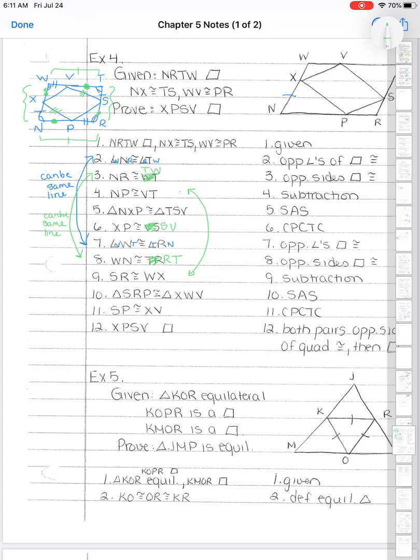X to P goes S to V. So again, a bunch of these orders are flip-flop. These are from years ago. By CPCTC, then we've already done 7 and 8 because we said we were going to just regroup those. You can also, since you're using the same property, you can also chunk